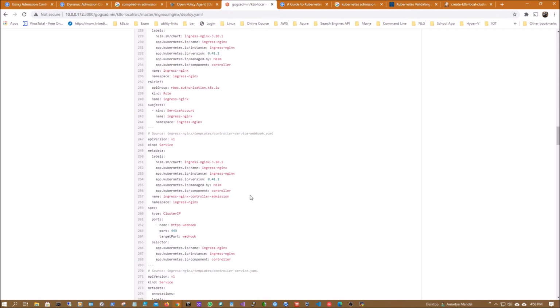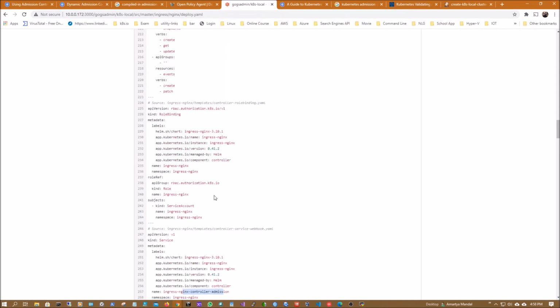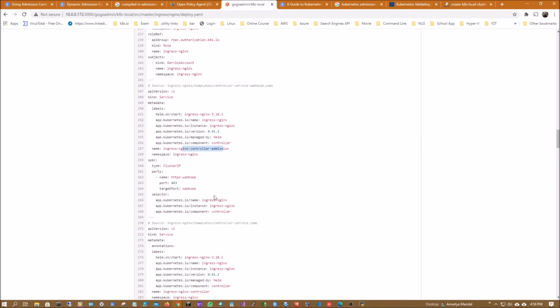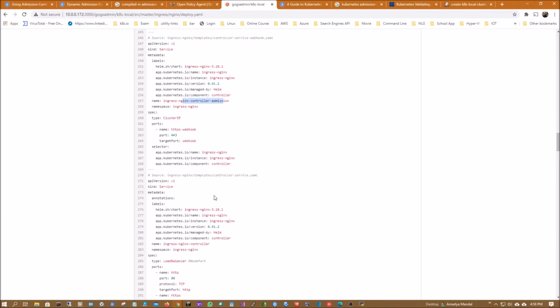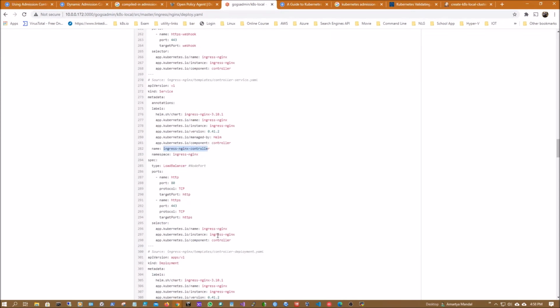One is ingress-nginx-controller-admission, another one is ingress-nginx-controller. Now, the default script from where I copied had this node port, but I already